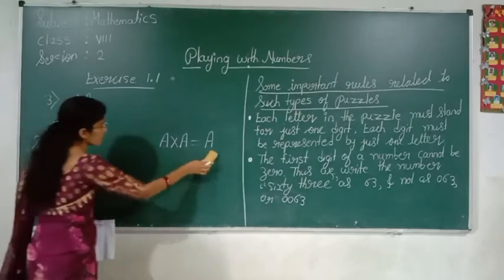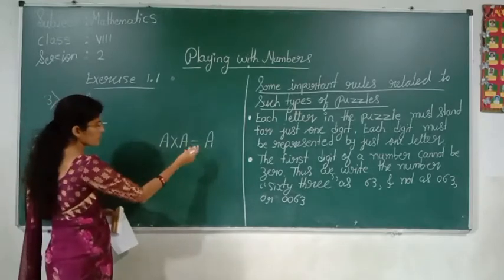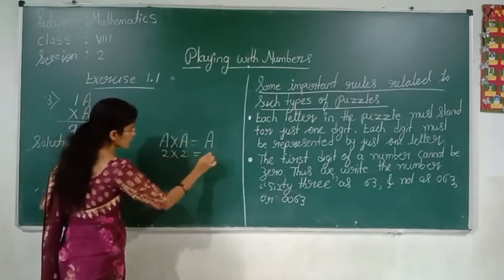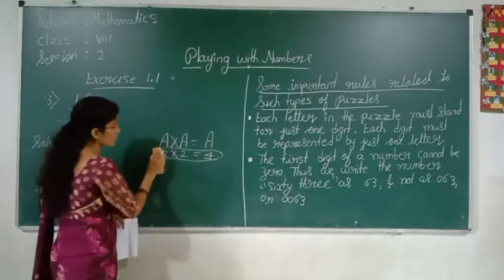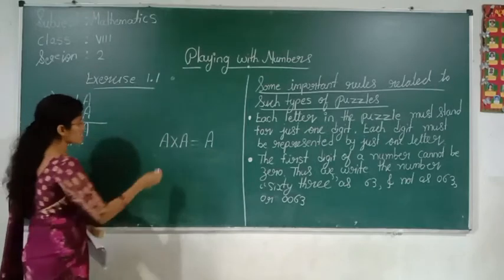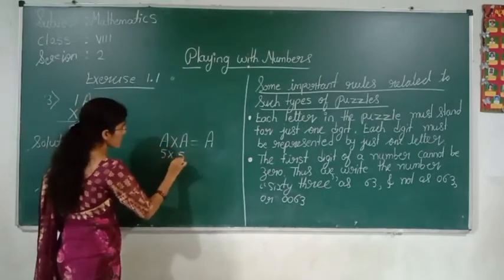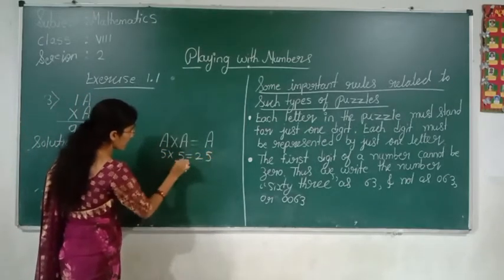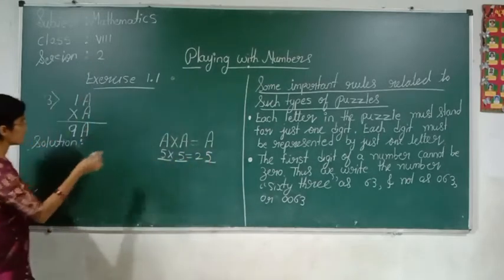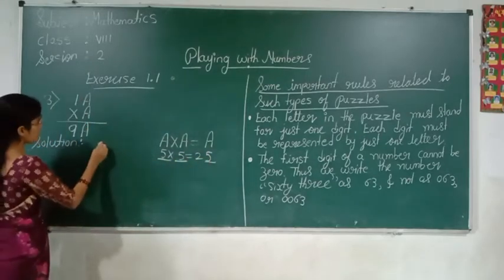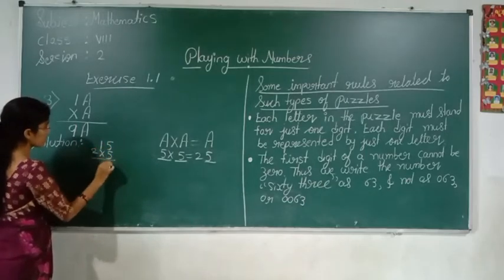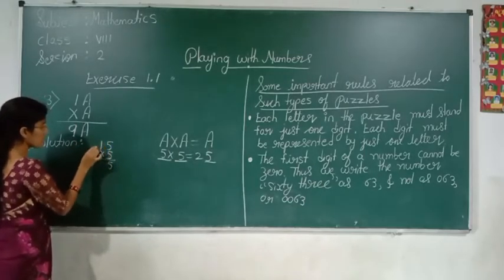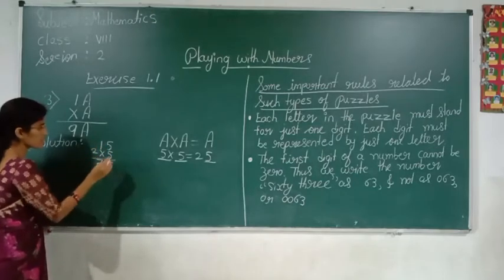Now go for 2. 2 2s are 4. The value will change, no? Here 2 2s are 4. This value will change, but I want this the same. 3 3s are 9. 4 4s are 16. 5 5s are 25. See here. We'll check this. If I take 5, 5 5s are 25. 5 1s are 5. 5 plus 2 is 7. This is also not working.